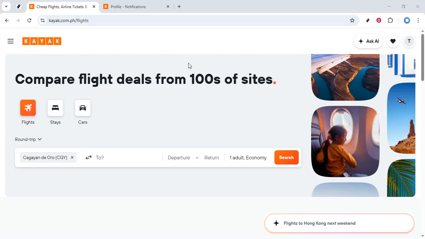Today, I'll show you how to set up price alerts on Kayak. Whether you're planning a vacation, a business trip, or just dreaming of future travels, setting up price alerts can help you snag the best deals on flights, accommodations, and car rentals. It's a straightforward process, and I'm going to walk you through it step by step, ensuring you won't miss out